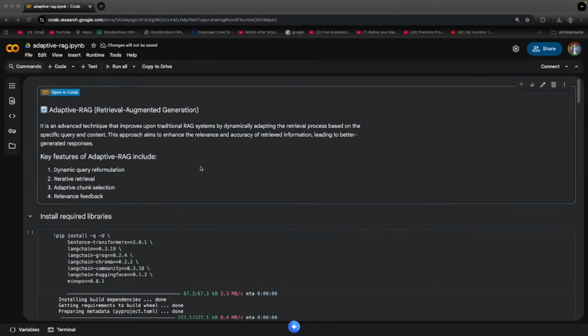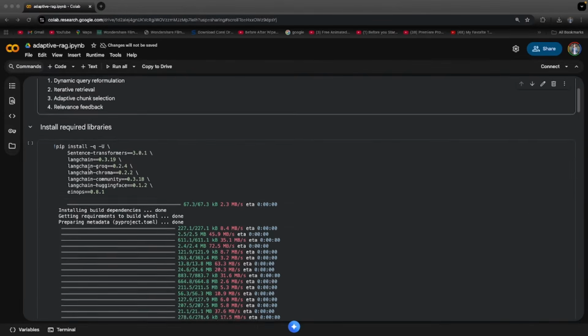Adaptive RAG is a next generation retrieval system designed to think on its feet. Unlike traditional RAGs that give one static answer, Adaptive RAG introduces a dynamic, iterative loop. It features four powerful capabilities: dynamic query reformulation, where the system modifies its own questions based on what it already knows; iterative retrieval, which lets it run multiple search rounds to progressively improve accuracy; adaptive chunk selection, allowing it to fine-tune how much information it considers each time; and relevance feedback, where it evaluates the quality of its own outputs